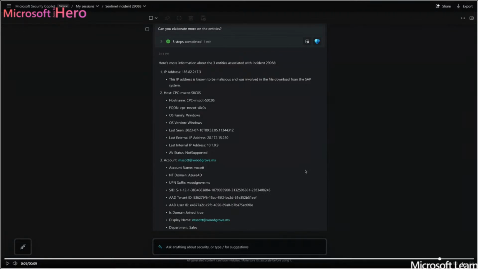If you want to gather all of this information manually, it's very hard. You would have to run a lot of queries in the log data and other platforms, and gathering and combining all of the data is very hard. With Copilot, in a maximum of one minute you receive all of the information.